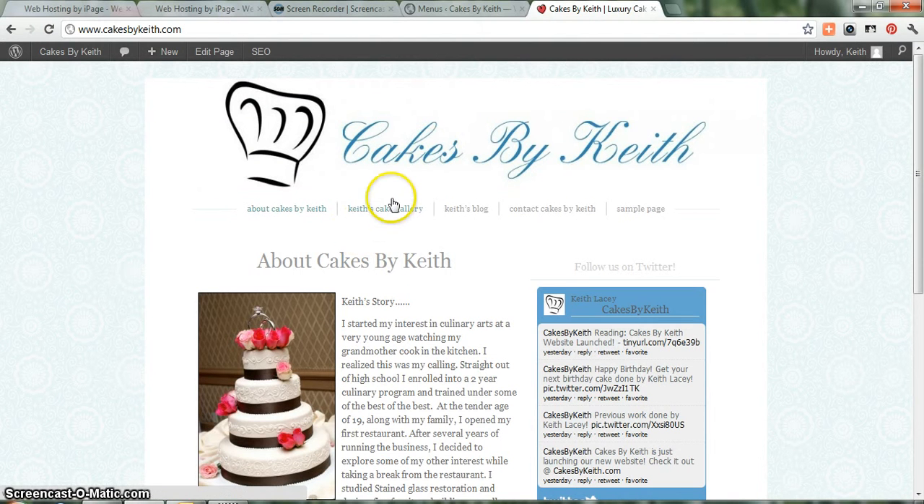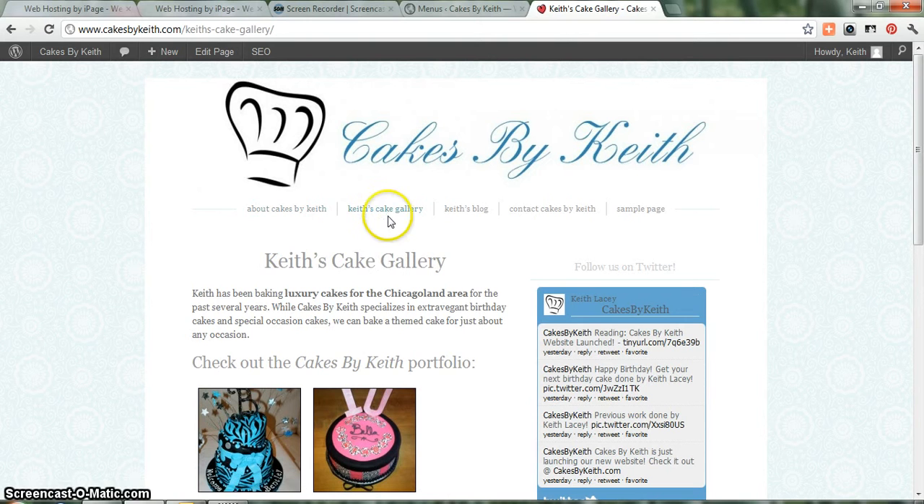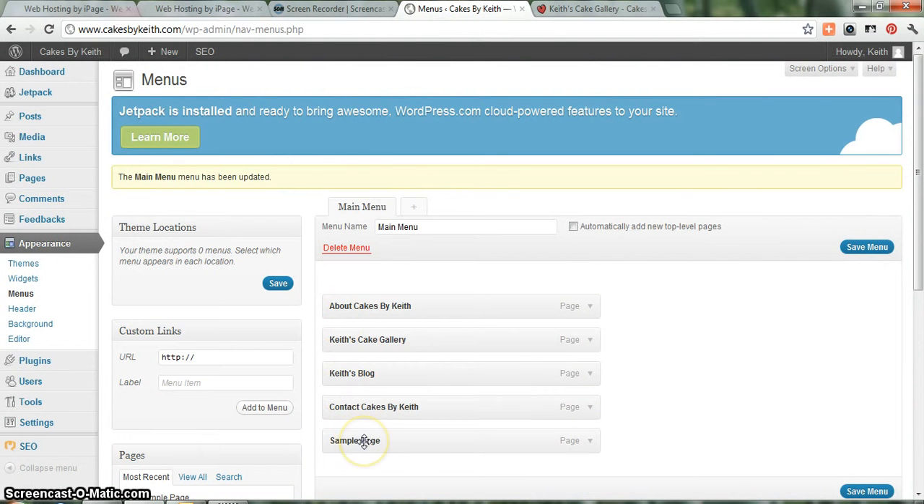If you wanted to create some subpages within your title, you can easily do that as well here. So let's just say under Cakes by Keith Gallery, you didn't want just one giant gallery. Let's say you want to segment it into wedding cakes, birthday cakes, holiday cakes, or whatever, and you wanted a page for each category. Let's just say the sample page is a birthday cakes page under the cake gallery. When you drag it, instead of putting it at the end to line up with all the other pages, just move it over slightly, and you'll see it can line up underneath the Keith's Cake Gallery page. Save the menu there,